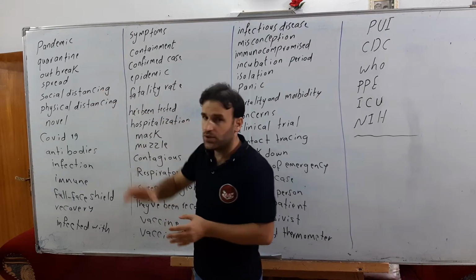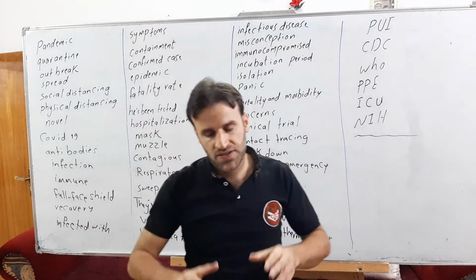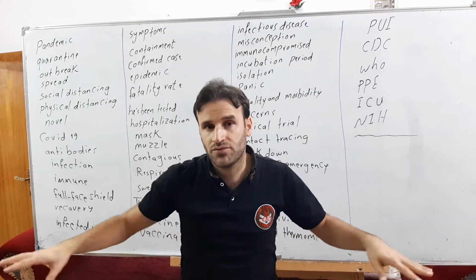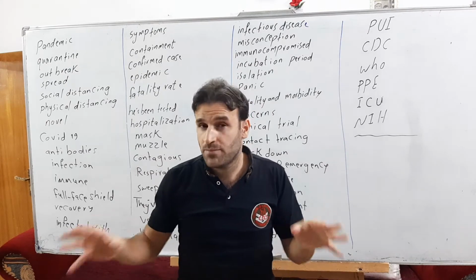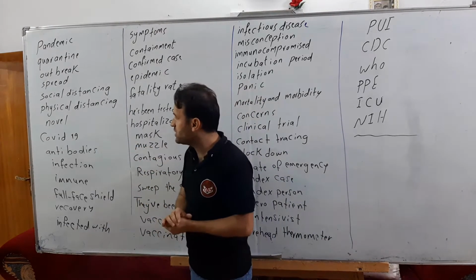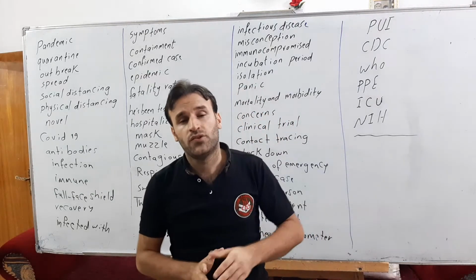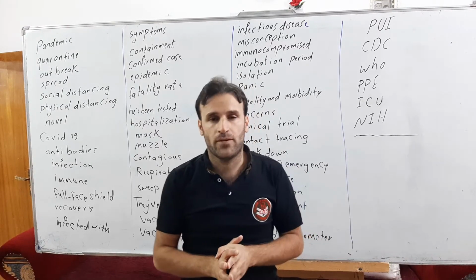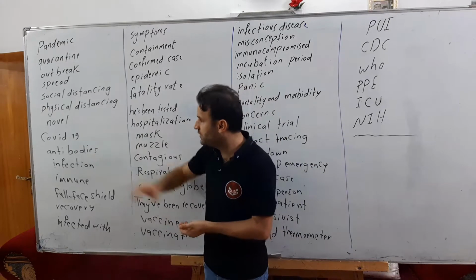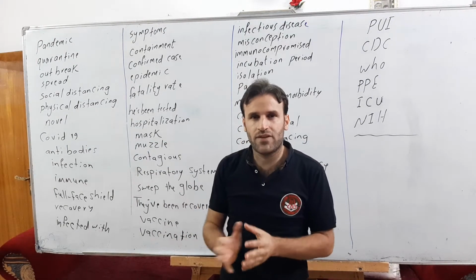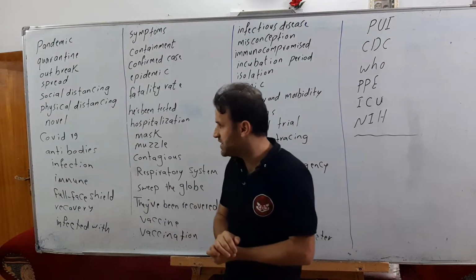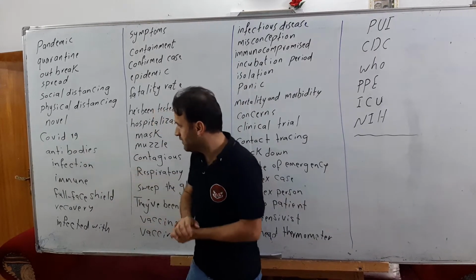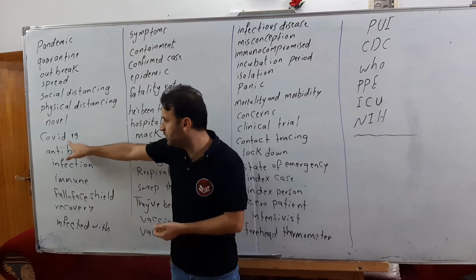Outbreak and spread. Outbreak اللي هو التفشي. Outbreak is when a disease or virus spreads very rapidly around many places. We have social distancing or physical distancing, to keep a distance from somebody so that you can be safe, اللي هو بعد المسافة. Novel اللي هو المستجد. We said novel coronavirus. We have COVID-19. Of course, COVID: CO is corona, V is virus, and D is disease.